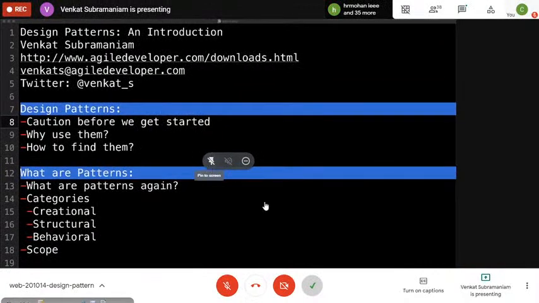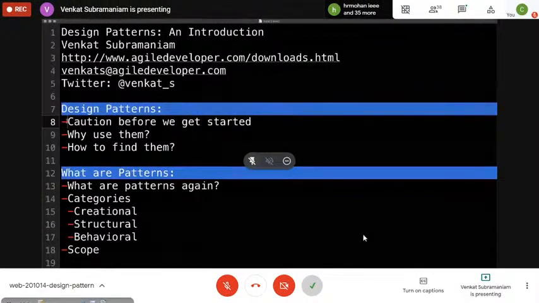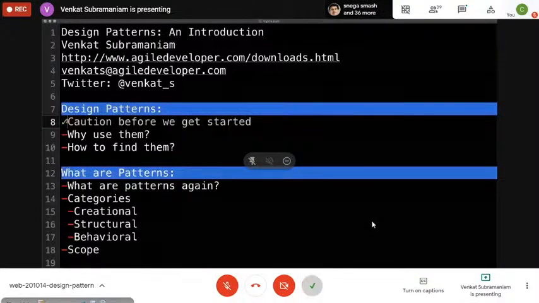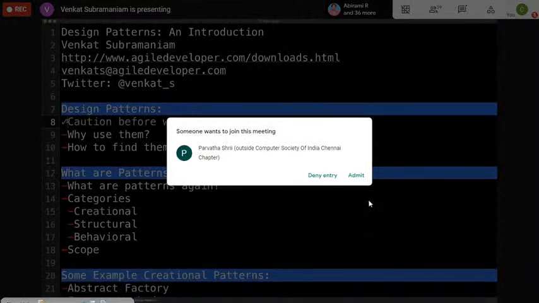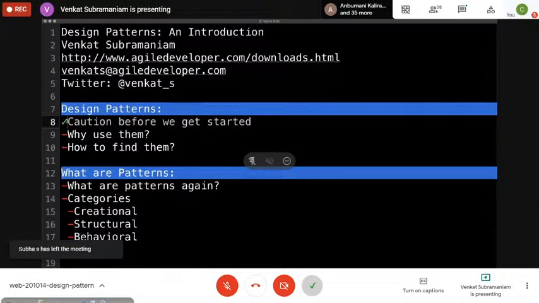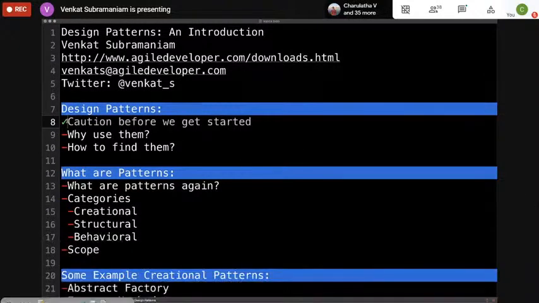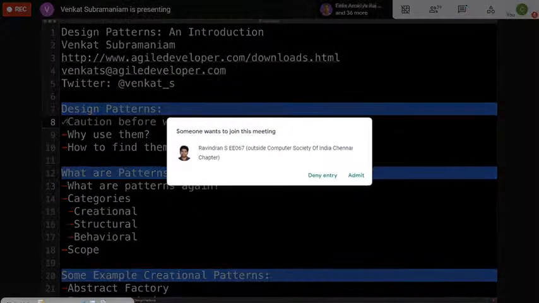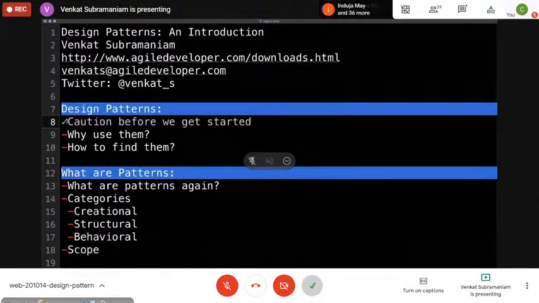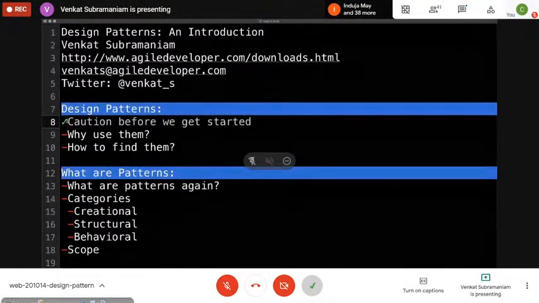Well, before we talk about design patterns, I want to start with a word of caution about design patterns. You know, we can say that grandma makes the best pie, right? Well, we all have talked about the food that grandma makes, and we've been telling everybody how wonderful this food is, how tasty it is. Well, some of your friends get together and they tell you, well, if grandma's food is so good, why don't you make it? And so you couldn't really resist that. You couldn't say no. So one Saturday, you invite all your friends to come home. And that morning, you get started very early and you want to make this dish.